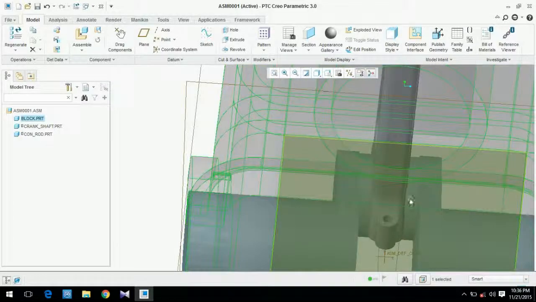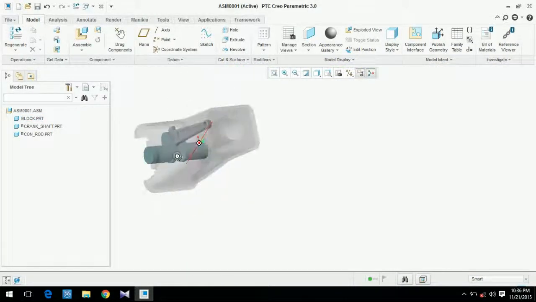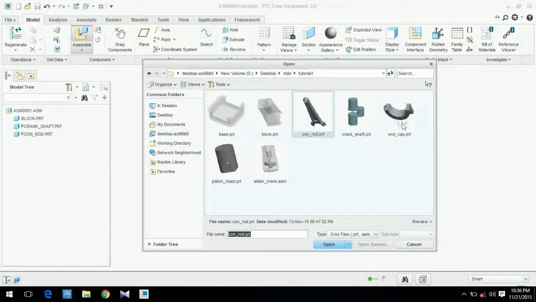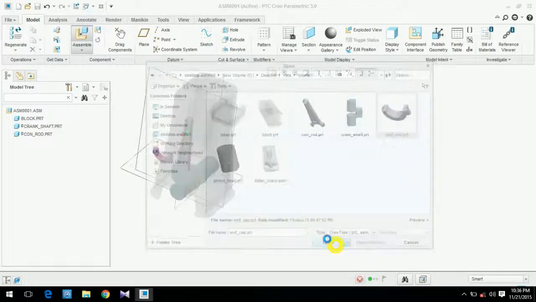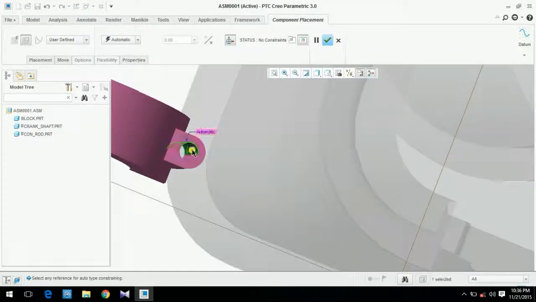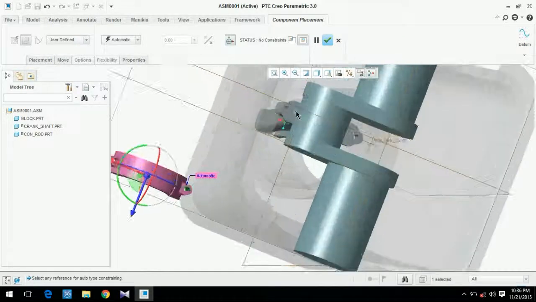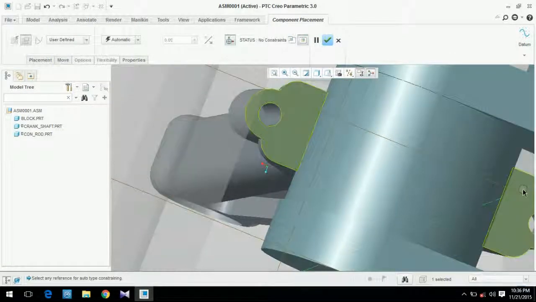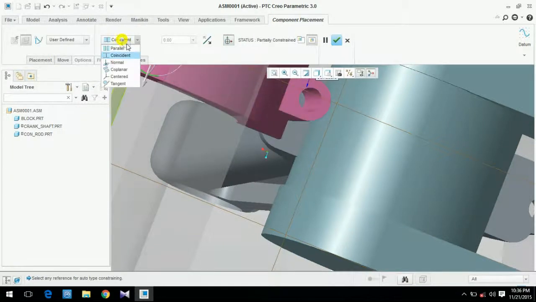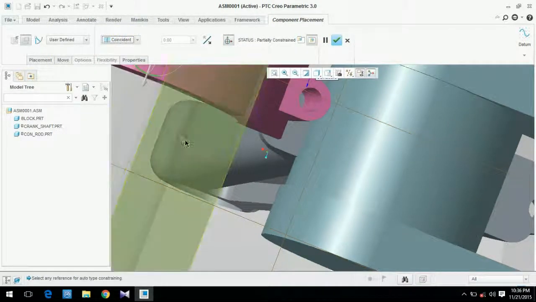Okay, now the second part, we have to assemble the end cap. Just open it, and we have to lock this with this. Then we will put a concentric relation, coincident, no problem, and second this hole.